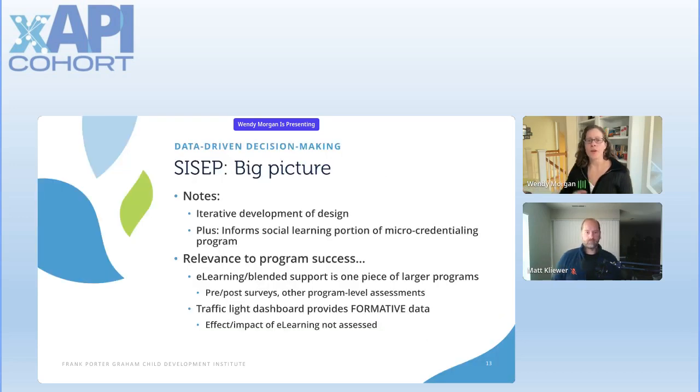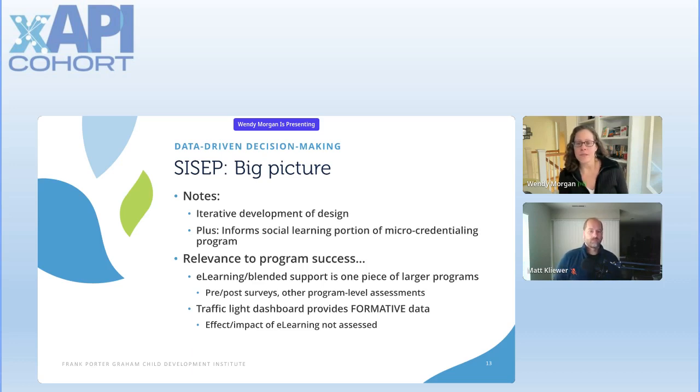All right, so big picture. Something that's pretty important to note about this particular data visualization is that what you're seeing here reflects a lot of iterative development. So we started with something that looked much more primitive, and folks used it and gave us feedback, and we designed it and improved it accordingly. And now we use it for even other things.